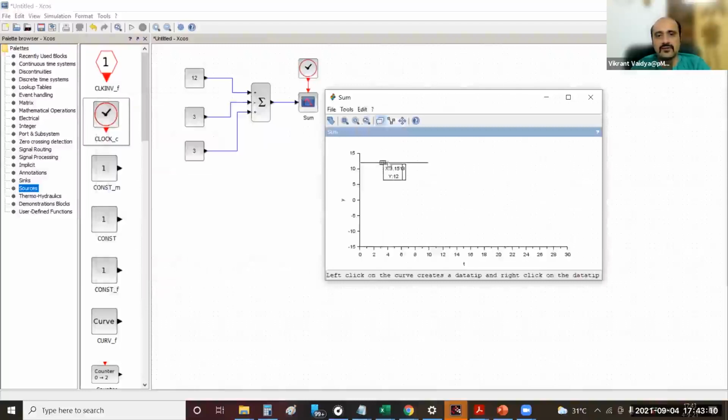So you can see the first point that you can get, if I move the data tip to the left, the maximum I can move is to 0.1. X is equal to 0.1. I cannot go further left. I cannot go to 0.01, for example, for X. That is because the initialization time of the C-scope is 0.1.